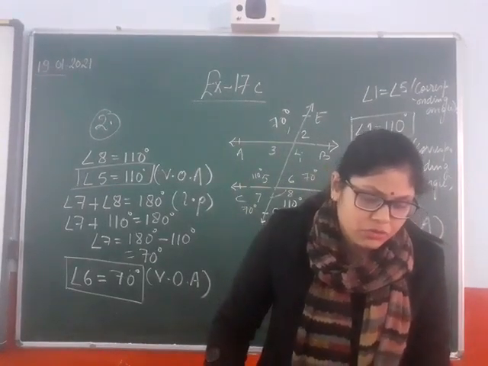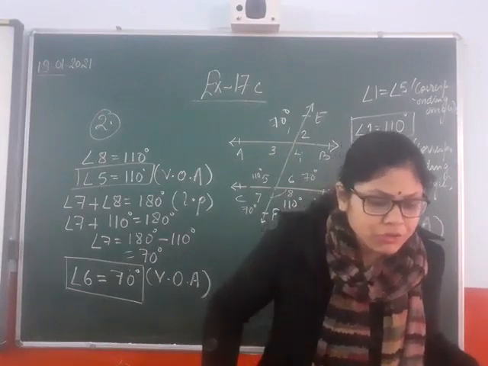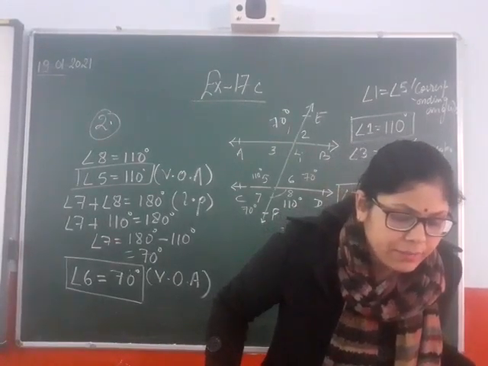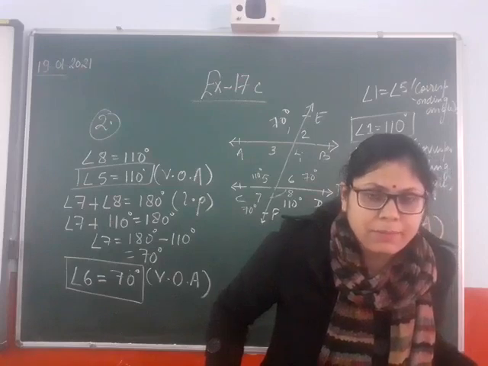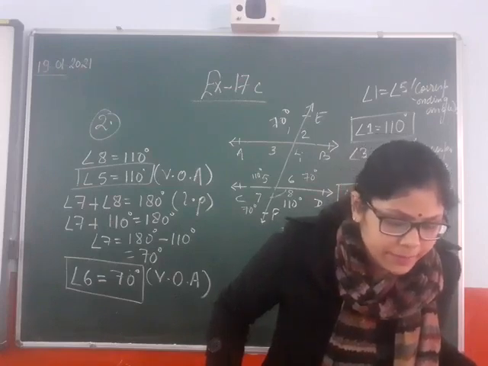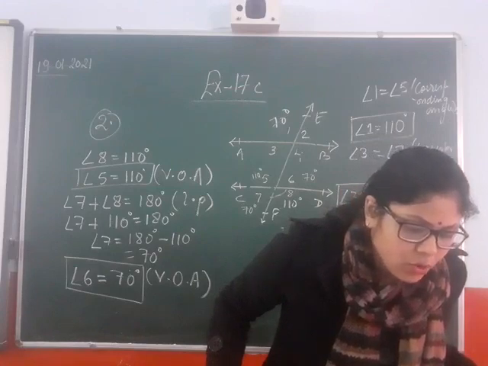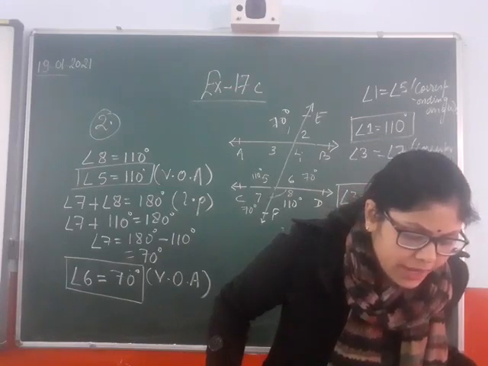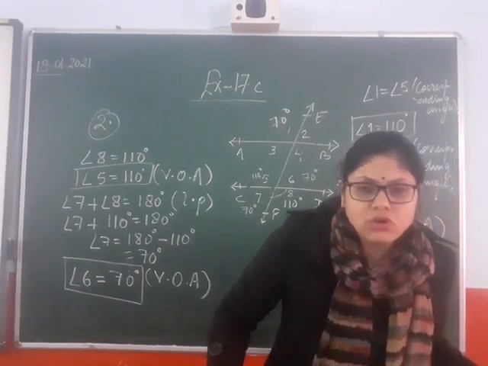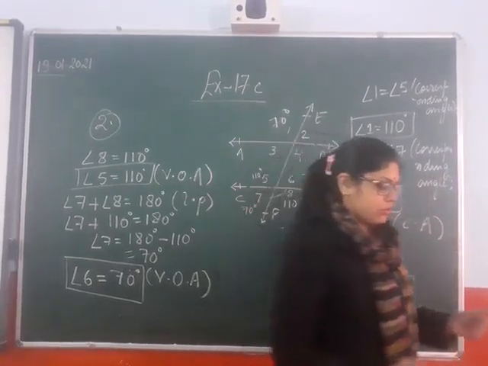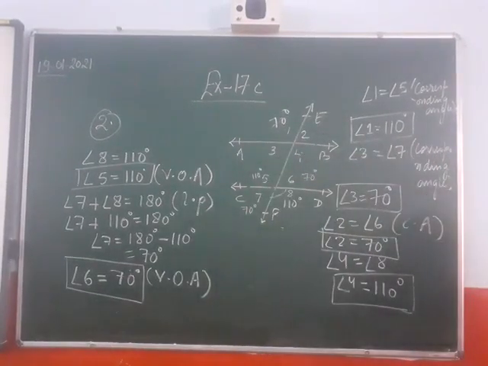Now come to question number 3. In each of the following figures, you will find AB is parallel to CD, which means you can apply the concept of transversal line here, and EF is a transversal. Find each one of the unknown angles X, Y, Z in each case. Okay, come to the third question now. Do the second one fast and then come to the third one.